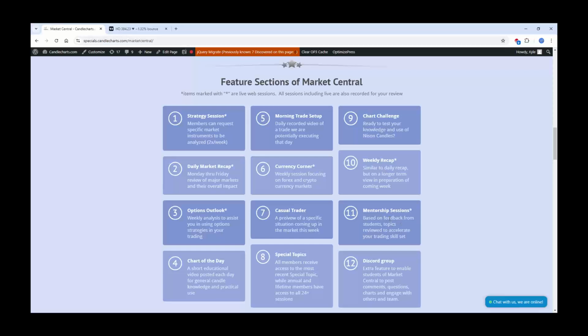Mentorship session, I mentioned that Steve will be doing another one. We have a list of, I believe, 10 of them now. They're short, about half-hour sessions, 20 to 30 minutes, somewhere in that area, where we go over information requested by our members. In fact, the one Steve is doing was requested by 3 different members of Market Central in the last couple of weeks. So we convinced Steve to do it.